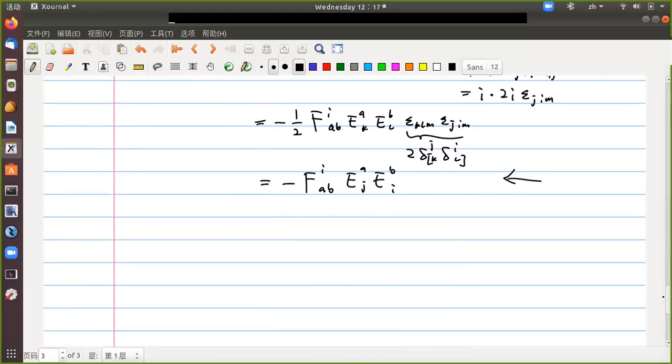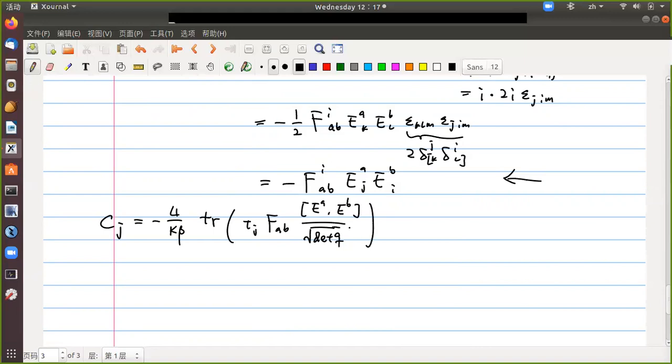Okay, so now we can write the diffeomorphism constraint, or modified diffeomorphism constraint, to be minus 4 divided by kappa theta, trace of F_AB, V and the commutator, B. Okay. Now, and